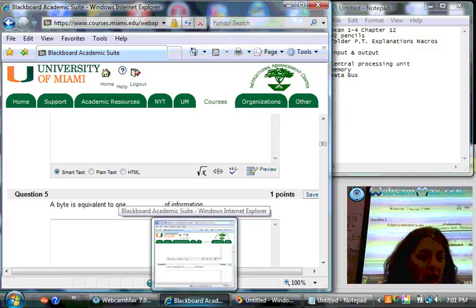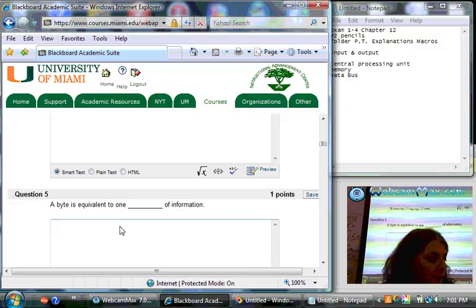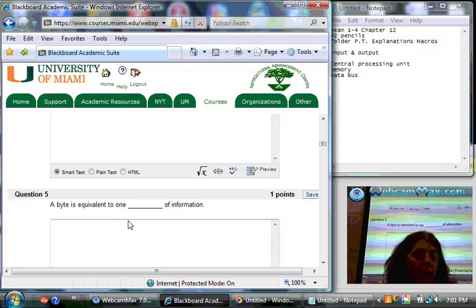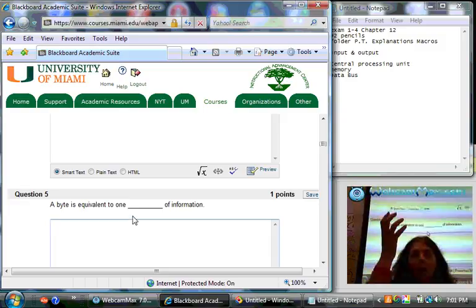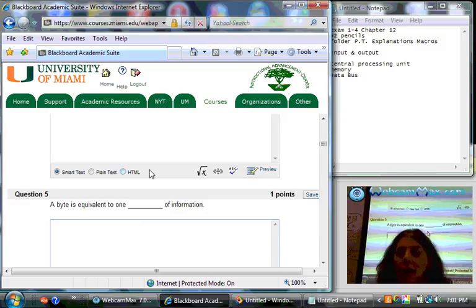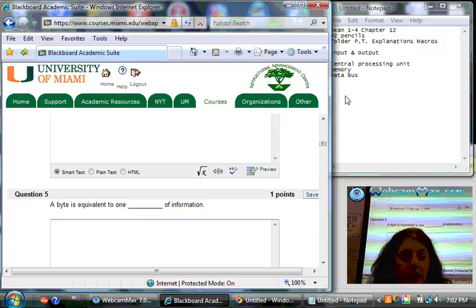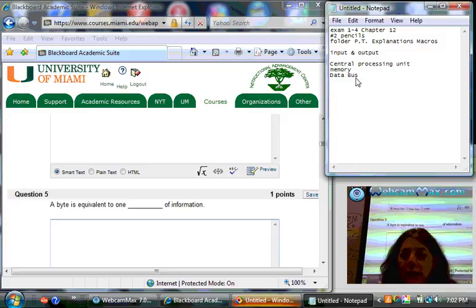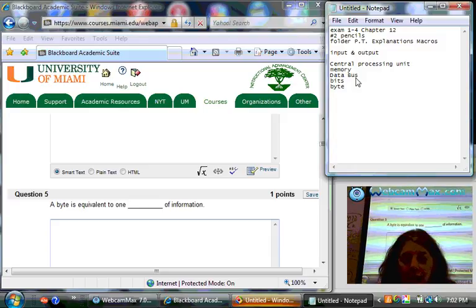Okay, so question 5 then, Karen: a byte is equivalent to what? Okay, we don't know. We all realized it, but basically, if I go down to the bottom, what is the smallest unit the computer uses? We talk about bits, right? And then we talk about bytes. And what combines a byte? 8 bits. 8 bits. So if I say 8 bits and you say, who cares? Right? 8 bits. And then